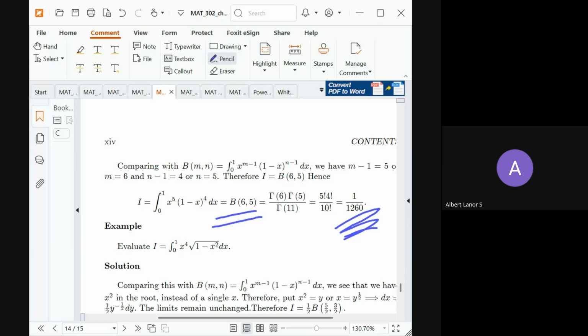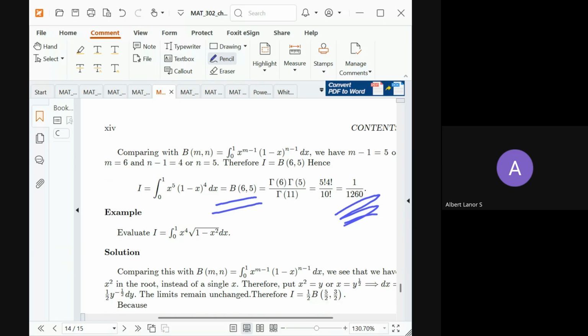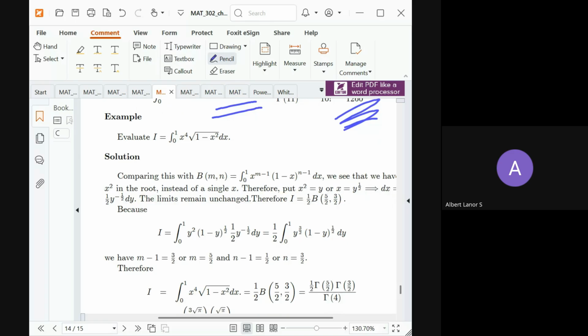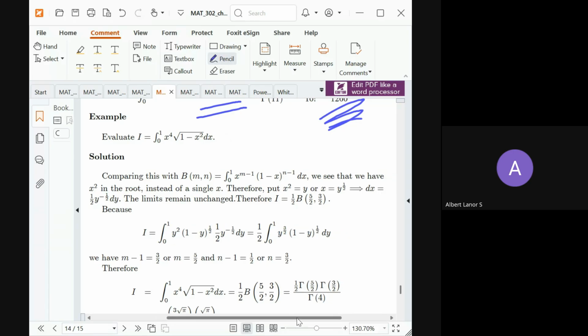Okay, now in this other example, we have x^4 times the square root of 1 minus x squared dx. Now we compare this with the standard beta function. Now clearly, what do you see? So we see that we set